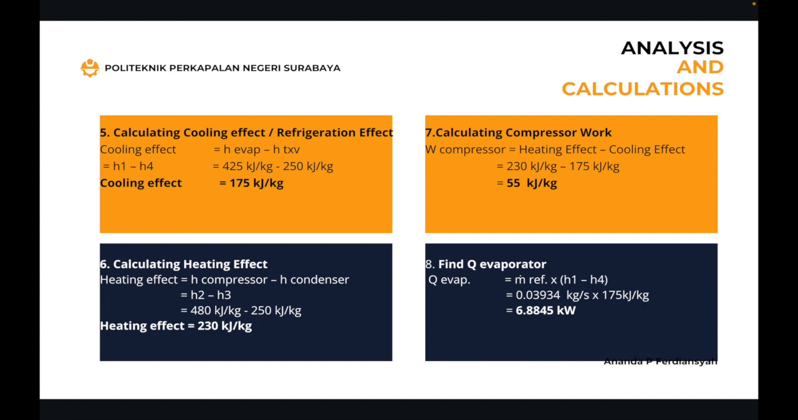And number 6, calculating heating effect. Heating effect is equal to H compressor minus H condenser, and the result is 230 kJ per kilogram. And number 7 is calculating compressor work. Compressor work is equal to heating effect minus cooling effect, and the result is 55 kJ per kilogram. Number 8, find Q evaporator. Q evaporator is equal to m-dot refrigerant times H1 minus H4, and the result is